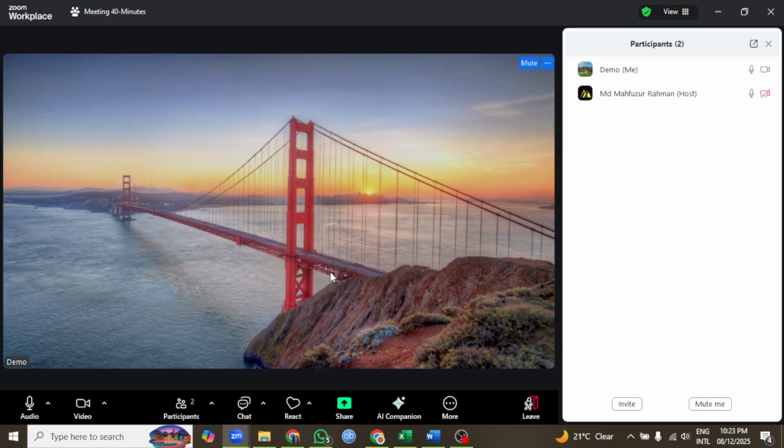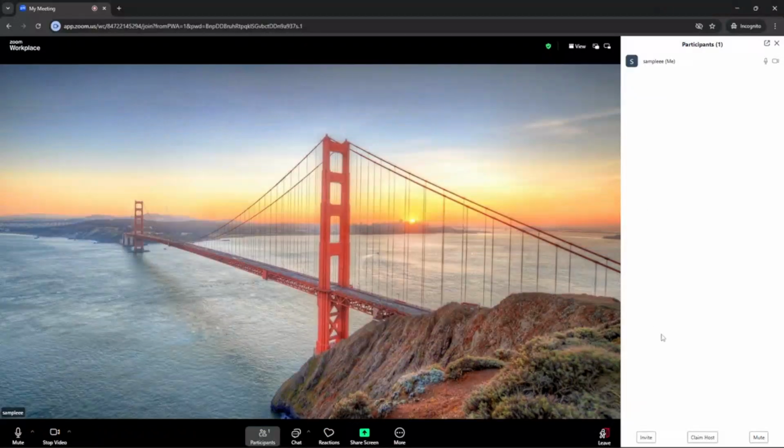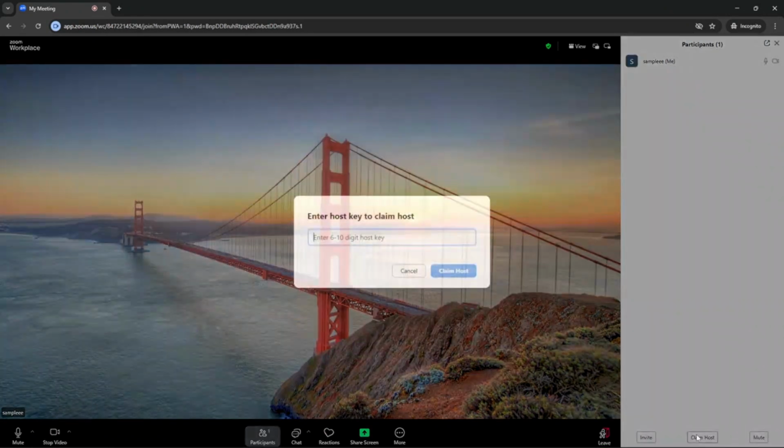You'll know it worked when you see more controls appear, such as security, record, breakout rooms, and the ability to manage the waiting room, mute or unmute participants, and assign co-hosts. If you get an error, double check that you're using the host key